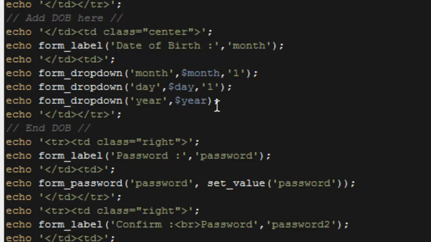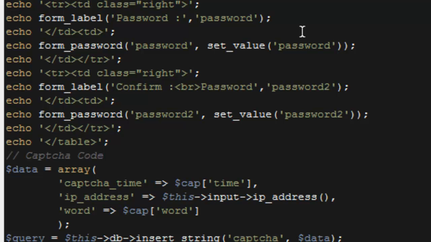If you want to set a default year, you can, and it'll automatically show that as the default. With the drop down menus, I have not found a way to set them back the way they were. But anyway,